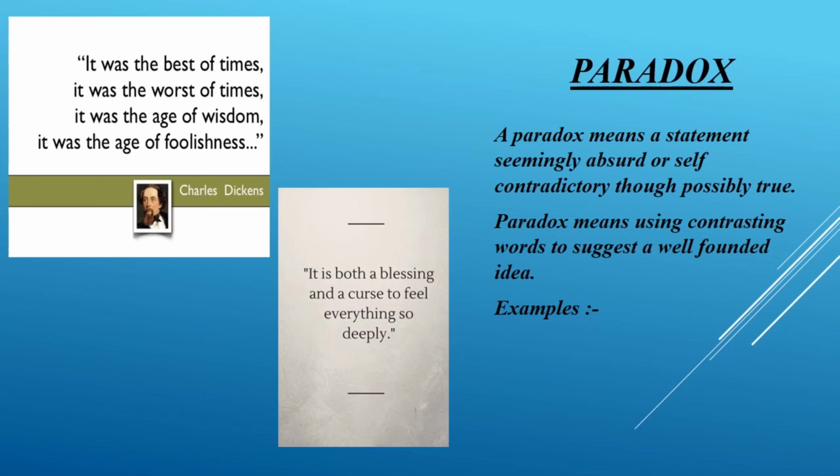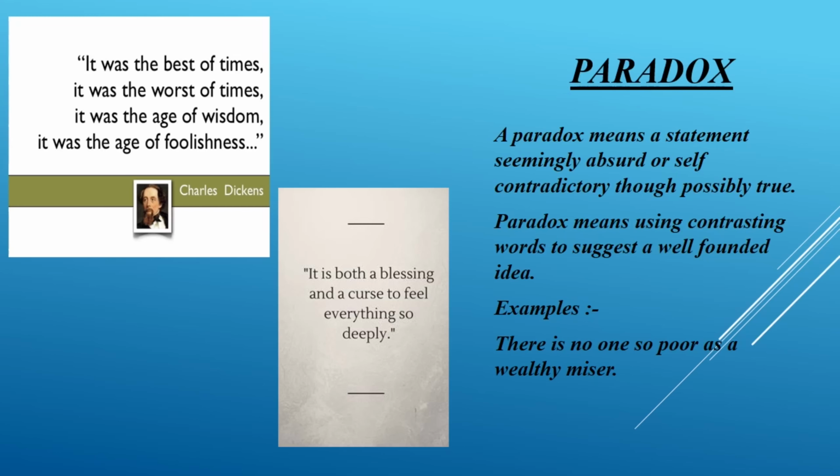There is no one so poor as a wealthy miser. Look at that sentence. There is no one so poor as a wealthy miser. Now, for a moment, it makes us stop and think, how can a wealthy man be poor? Wealthy means rich. How can a rich man be poor? But what type of a rich man is shown to be poor? The rich man who is a miser.